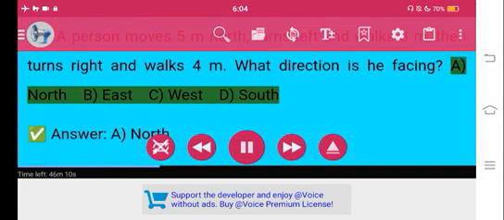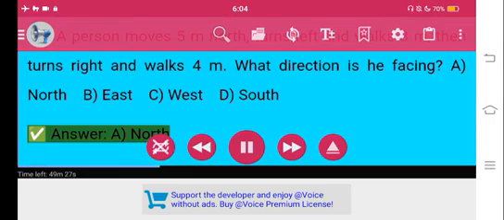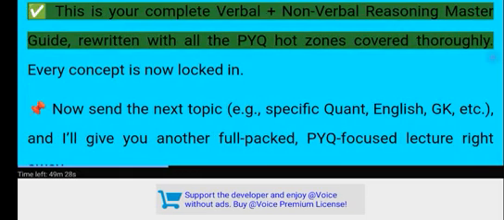A, north; B, east; C, west; D, south. Answer: A, north. This is your complete verbal plus non-verbal reasoning master guide, rewritten with all the PYQ